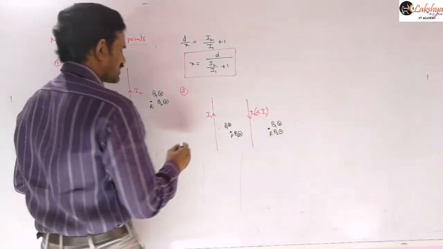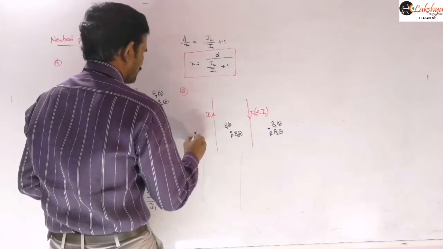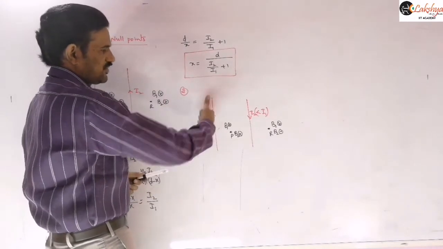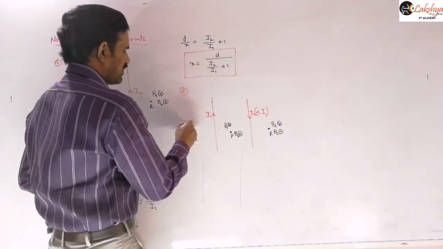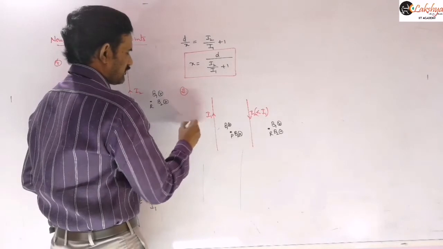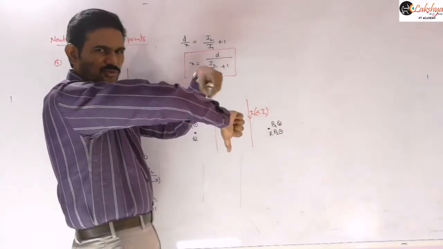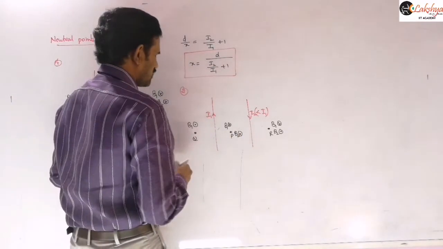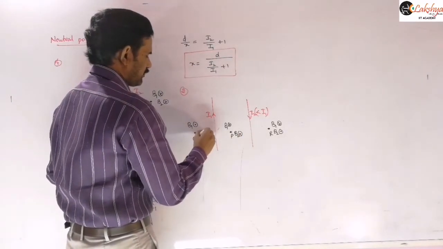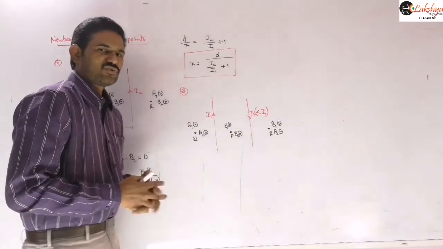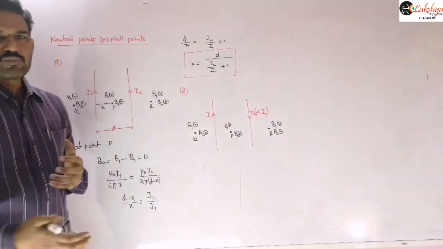Now here, this side also we will get such a case. If you verify this side also, the magnetic field due to I1 will be out of the plane. So B1 is out of the plane on this side. And then B2, that means the magnetic field due to the I2 current conductor, will be into the plane here. So that means on this side and this side there is a possibility to get the neutral point. That means the fields are opposite in direction.